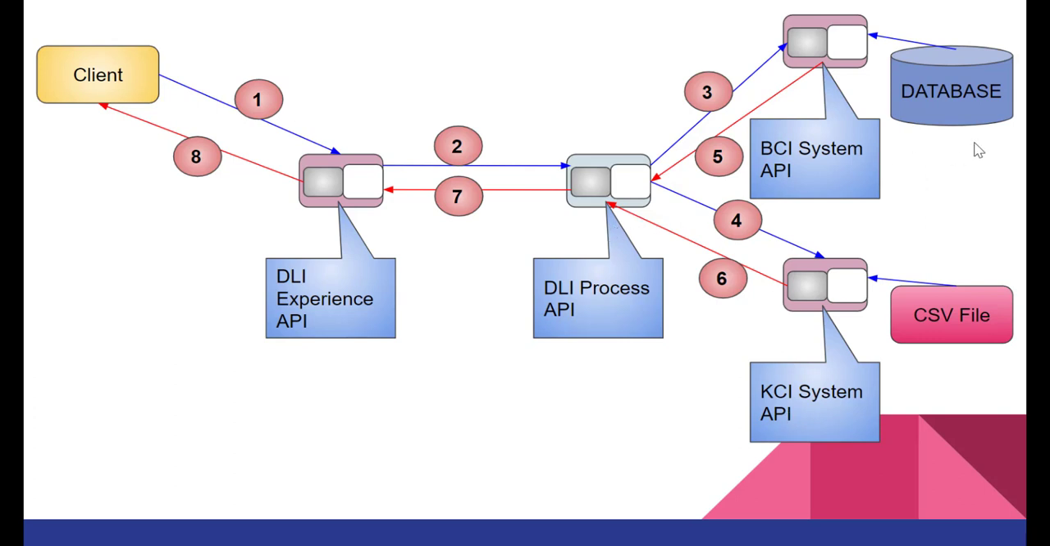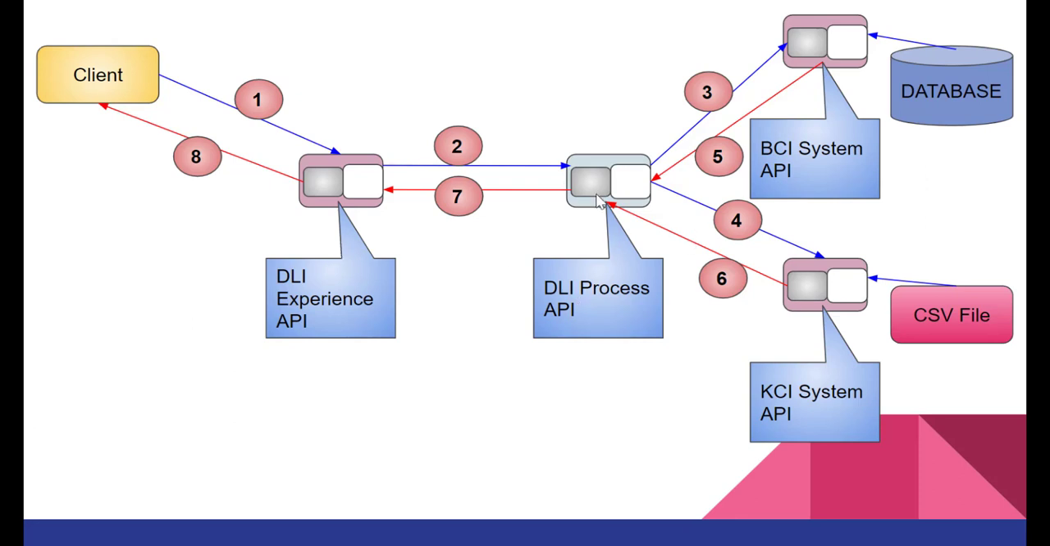All right. In case the query parameter institution circle is present in the request received from the client, and the value of that query parameter is BCI, then only the BCI system API would be called, and the data from the database table would be fetched and then returned to the DLI process API. That data would be sent to the DLI experience API, and then sent back to the client as a response. In case the request has the query parameter institution circle as KCI,